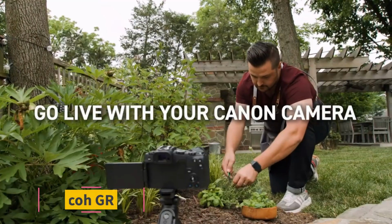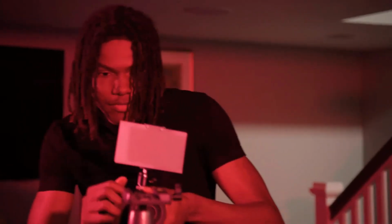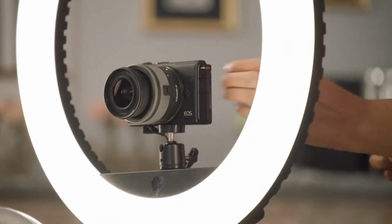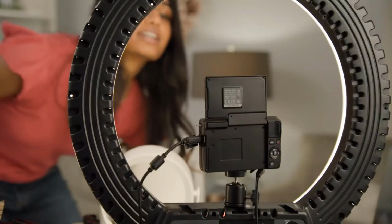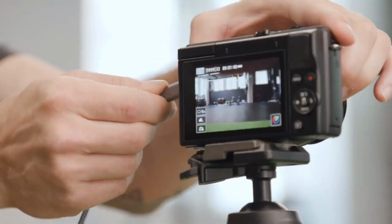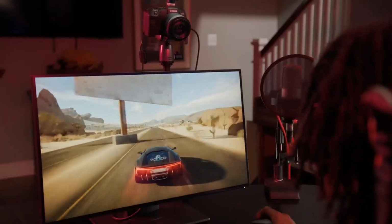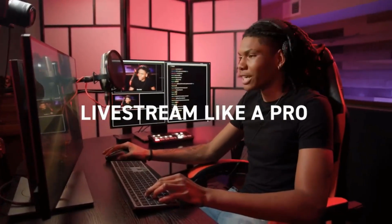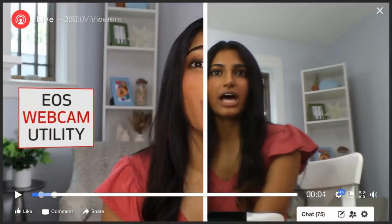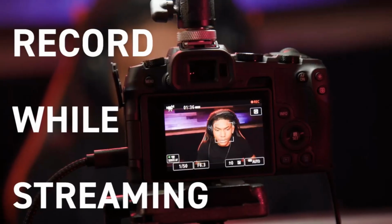Number 6. Ricoh GR IIIx. The Ricoh GR IIIx takes the Leica Q concept and puts it into a pocket-friendly body. Despite the size, the GR IIIx sports a 24MP APS-C sensor, the same type you get in swappable lens cameras, mounts it on a 3-axis stabilizer, and matches it with a sharp 40mm f2.8 prime lens. Enthusiasts should appreciate a deep menu system and configurable interface, while casual snappers can comfortably use the GR in an automatic exposure mode. Ricoh also sells a GR3 with a wider angle 28mm lens for around $900. That model is a better